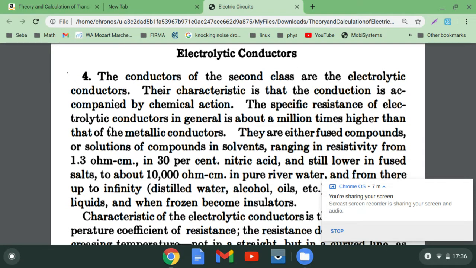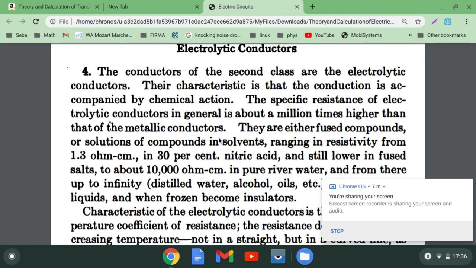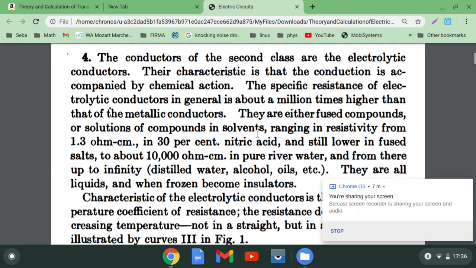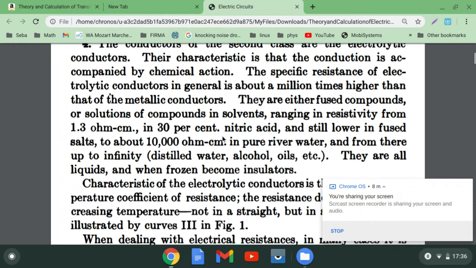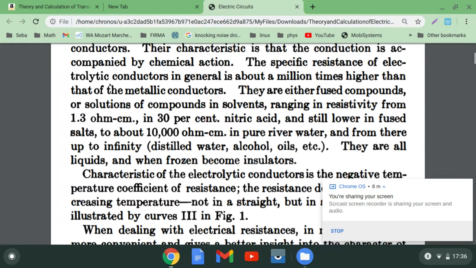Electrolytic conductors. The conductors of the second class are the electrolytic conductors. The characteristic is that conduction is accomplished by chemical action. The specific resistance of the electrolytic conductors is, in general, about 1,000,000 times higher than that of the metallic conductors. They're either fused compounds or solutions of compounds in solvents, ranging in resistivity from 1.3